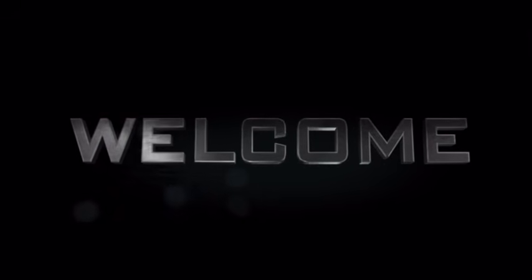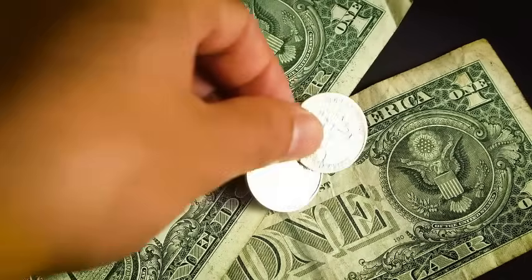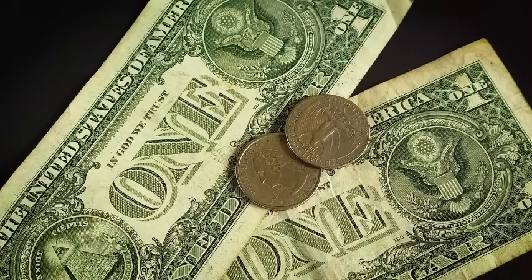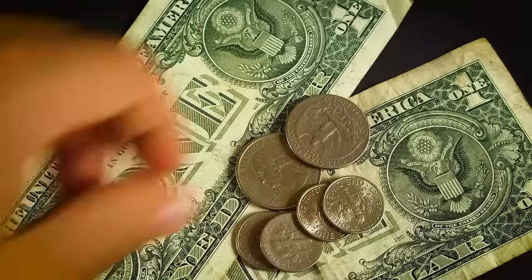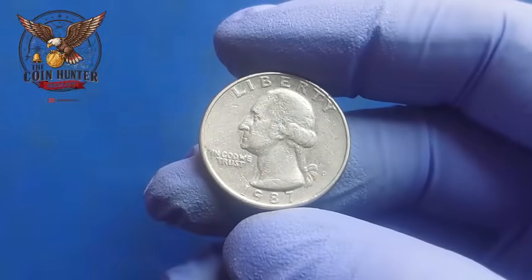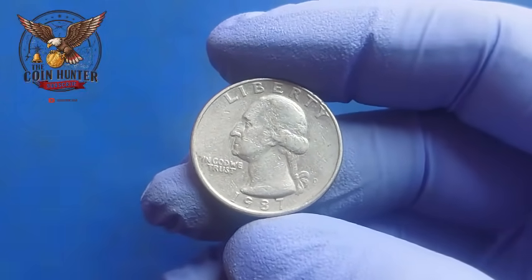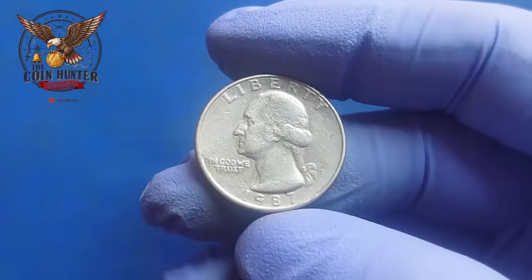What if I told you that a simple quarter from 1987, something you might have tossed into a parking meter or left forgotten in your car's cup holder, could actually be worth $135 million? Yes, you heard that right. $135 million. This isn't science fiction. This isn't a fantasy. This is the shocking reality of a 1987 D